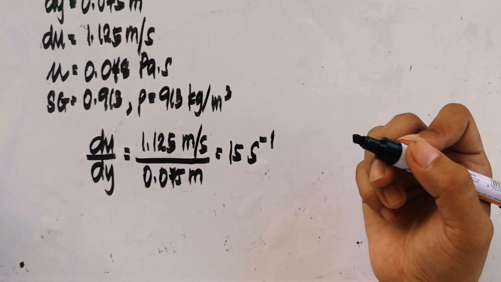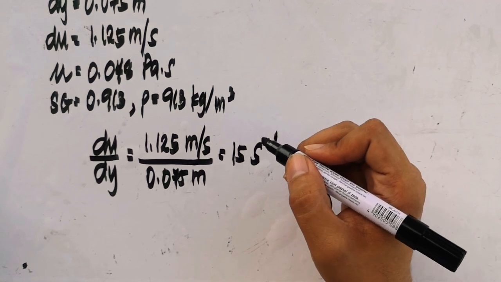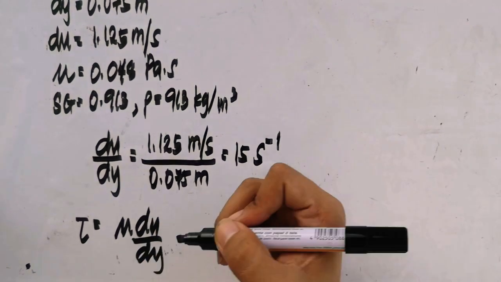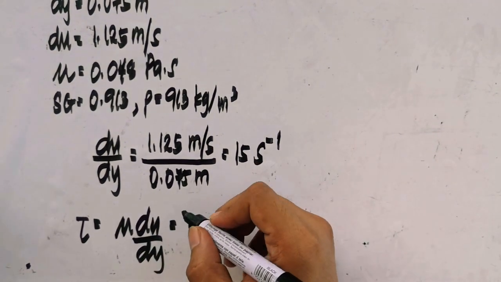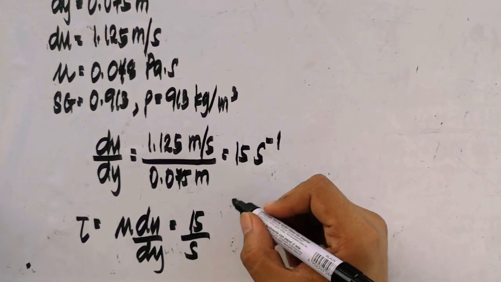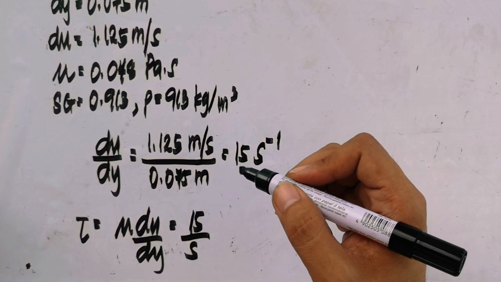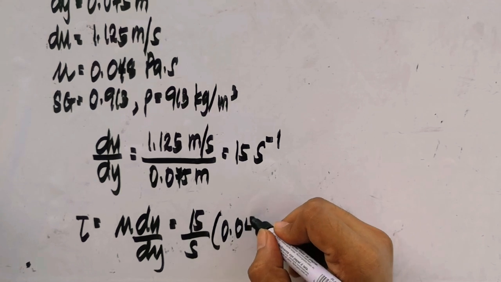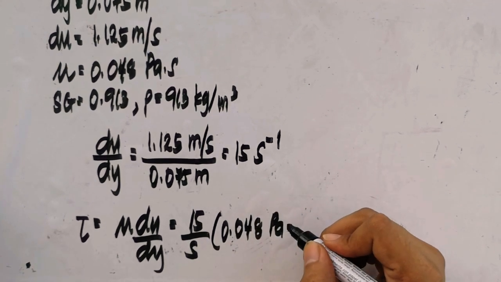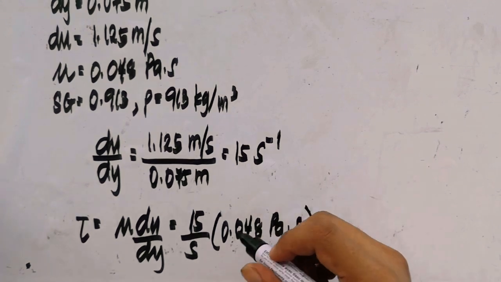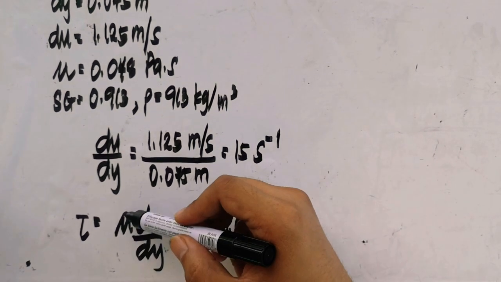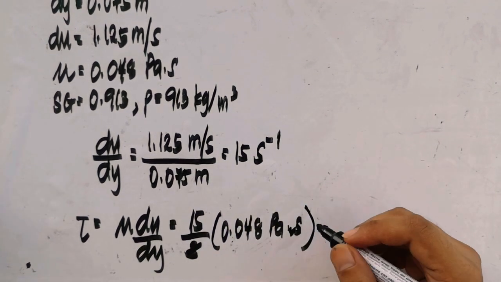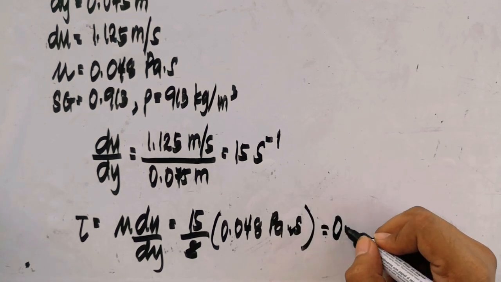The shear stress at the boundary. What is our shear stress? The shear stress is tau, which is mu du over dy. So, this is equivalent to 15 per second or second inverse times 0.048 Pascal second. This 0.048 Pascal second is the mu, and du over dy is what we computed. So, we cancel the per second, and we will end up with our answer of 0.72